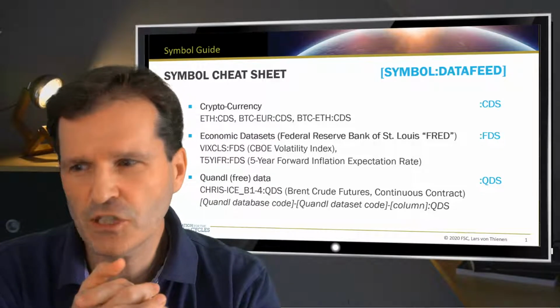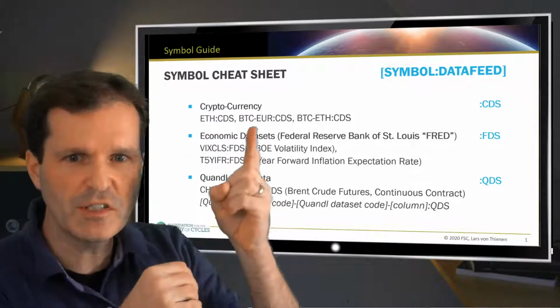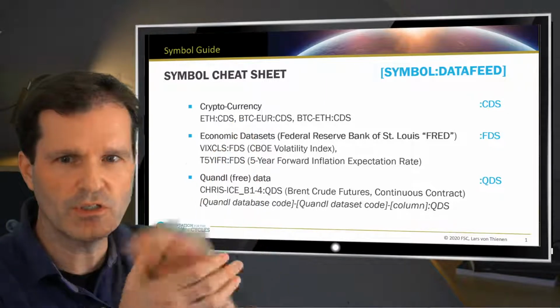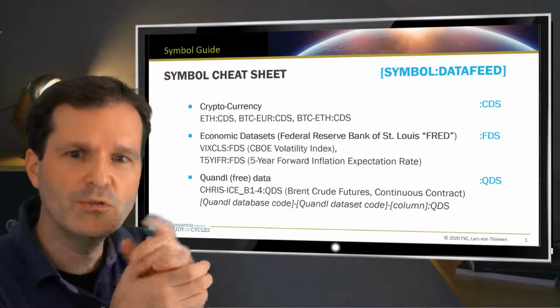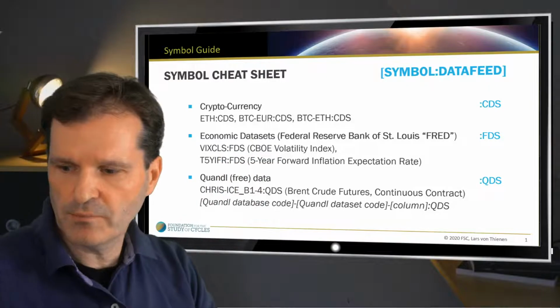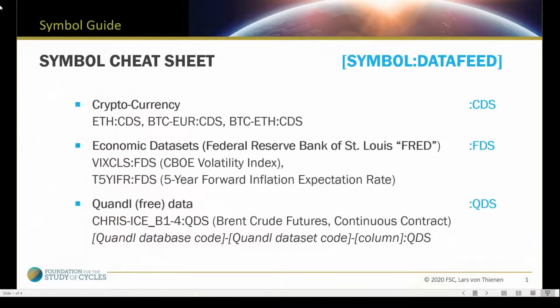We have additional topics which you can use, which are listed here. So if you like cryptocurrency, for example, use these example symbols here, like Ethereum, with different cross rates against the euro, against the US dollar, or against other cryptocurrencies. So this is just the first idea here. It's important that you use this data feed ID for whatever symbol you use.